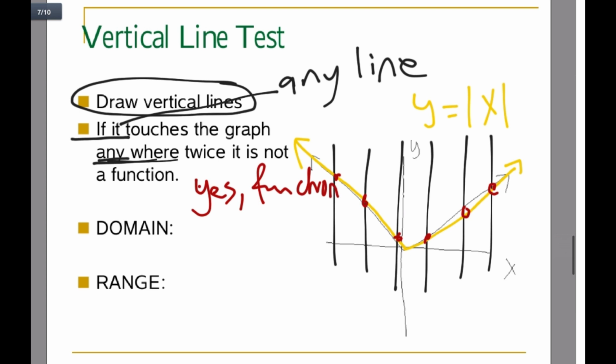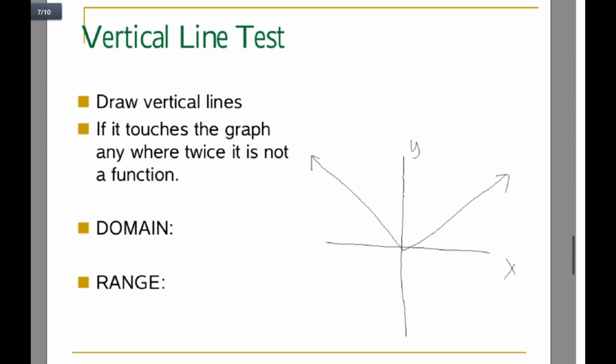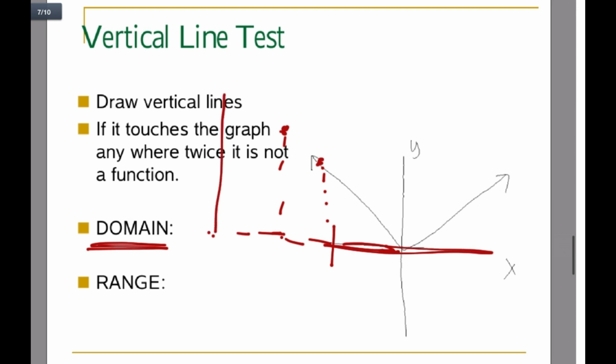And then the next thing we're going to be asked is what the domain and range are. So, to take a look at the domain and the range, the domain is the set of the x's. Now, if you look at this graph, on the x-axis is what we're focused on. What places on the x-axis could you go up to the graph and find a y value? Well, if I keep going this way, I would keep having points. As I keep going to the left, there would continuously be points forever to the left. And the same situation happens to the right. If I go to the right and I go up, there's a point. If I go to the right, go up, there will be another point, and so on, all the way forever